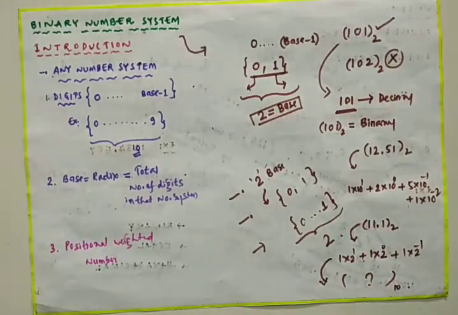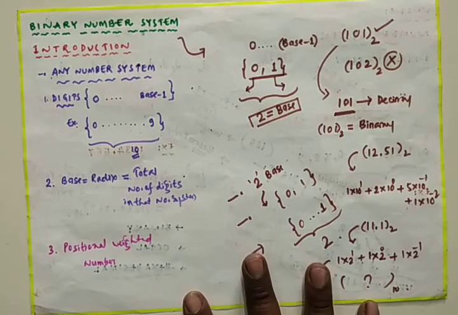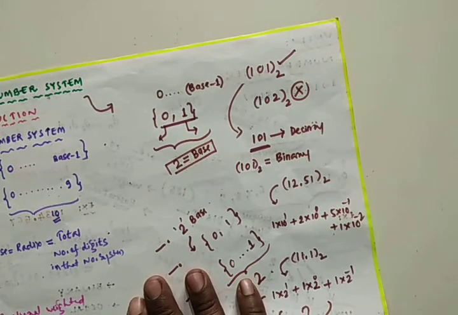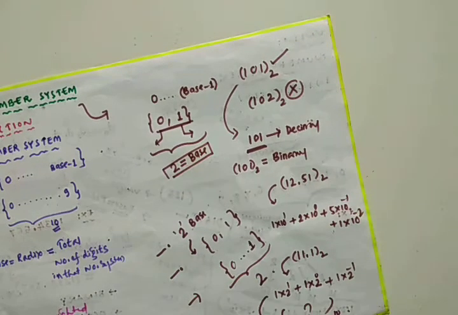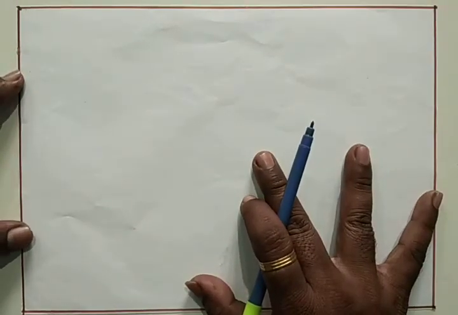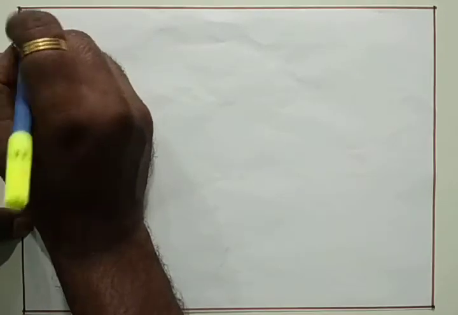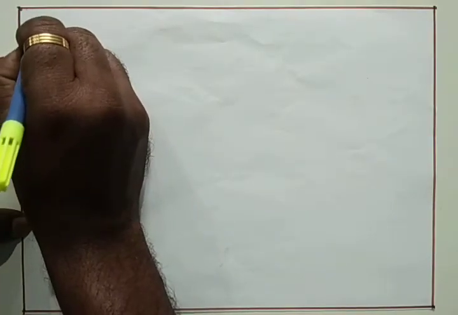So if you know the number in any number system, we can easily convert it into the decimal number if you have the basics of number base conversion. So this is about the binary number system, and with the conclusion of the binary number system, I am going to explain some important topics in it. Here I am going to explain the representation of binary numbers with respect to decimal numbers.